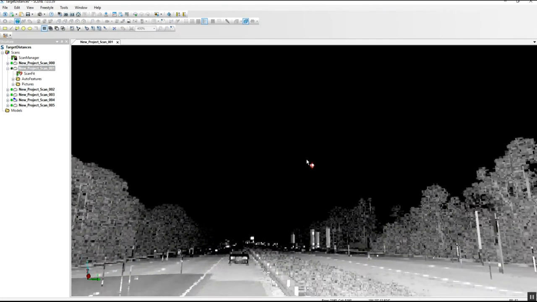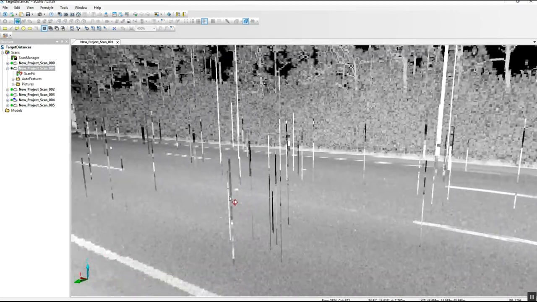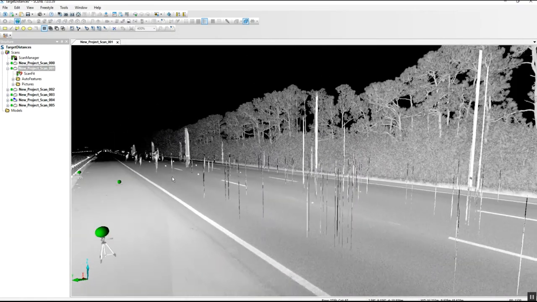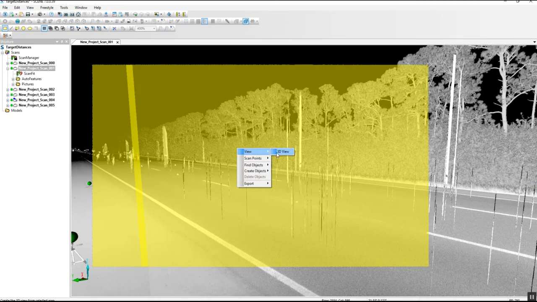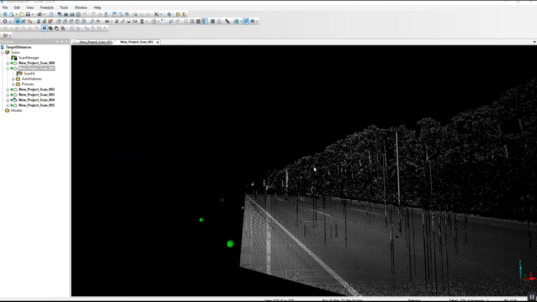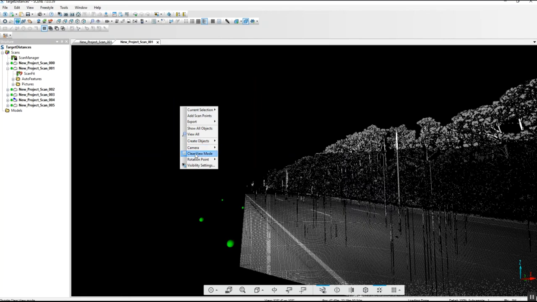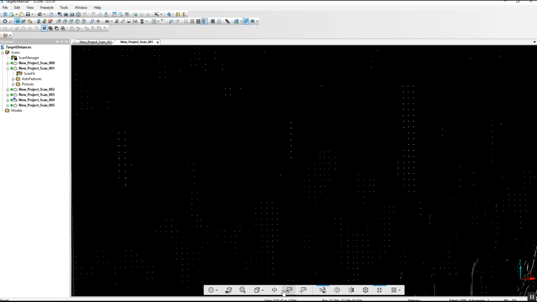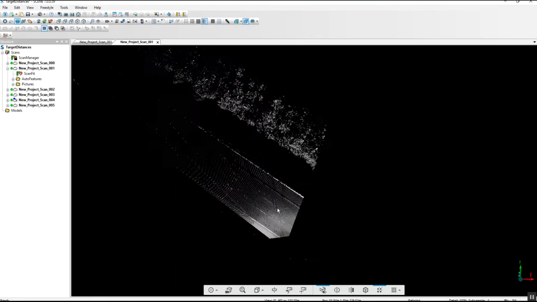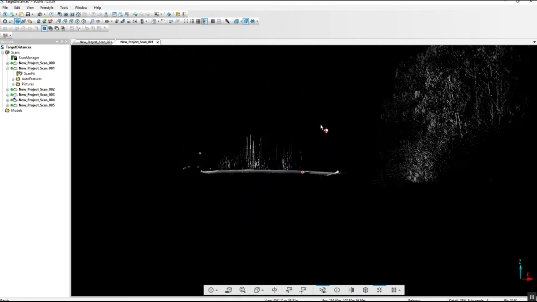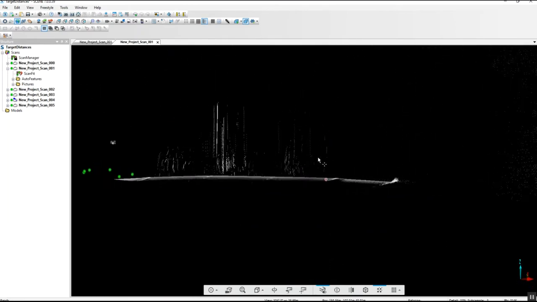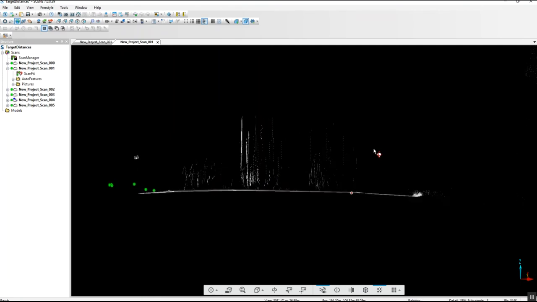up each individual scan in quick view and just grab chunks of the road here with our rectangular selector, and then we right click on it. And I also prefer the camera view to be orthographic. It tends to give us a little bit more flexibility when we're trying to delete this data by looking at different angles. So we just quickly give ourselves a good look at the road,